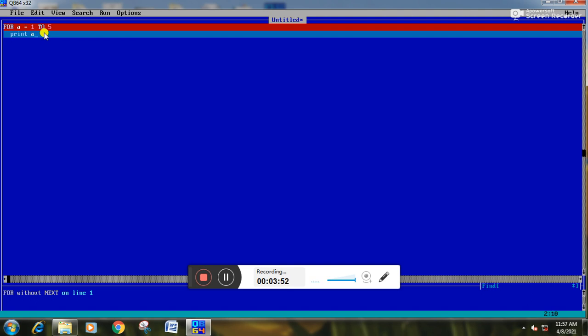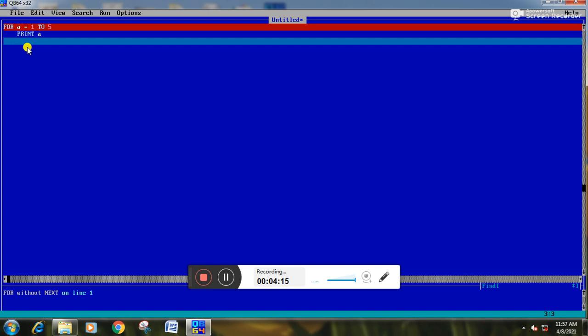Now the next statement, suppose I want to print the value of a. Statement 1, statement 2, however many statements you want to put inside the loop body, they will be there. When the loop continues until the condition is fulfilled, the PRINT a statement will continue one after another. Here I can write another statement also. Another thing is there, that is called NEXT, then the counter variable. The NEXT statement is the end of the loop. From here the computer will understand the loop ends here.